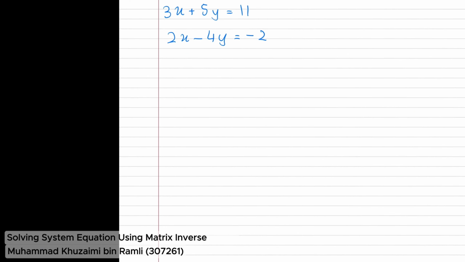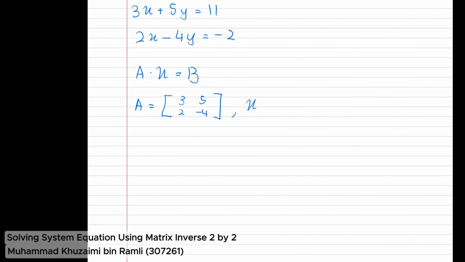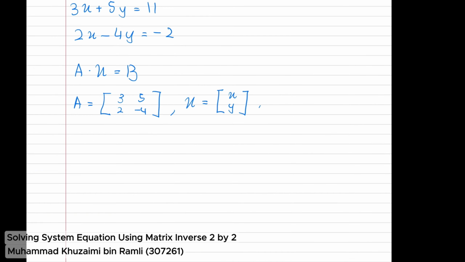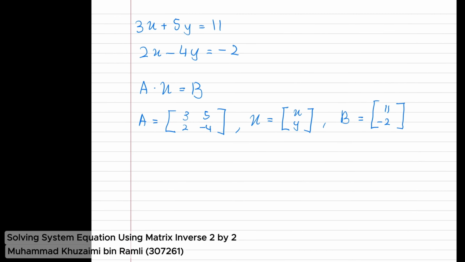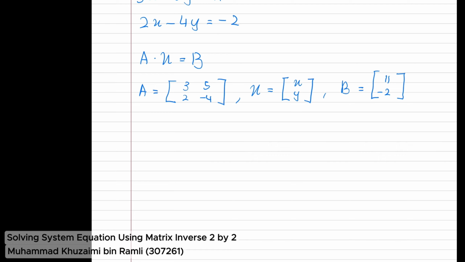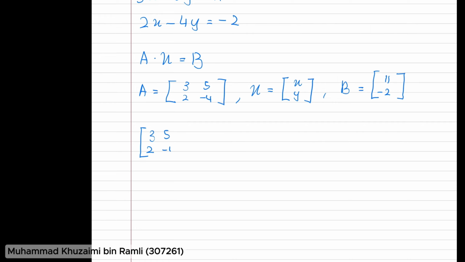So we can write this equation as AX equals B. Based on these equations, we need to transform it into matrix form. So the equations will become the matrix 3, 5, 2, negative 4, times x y, equals